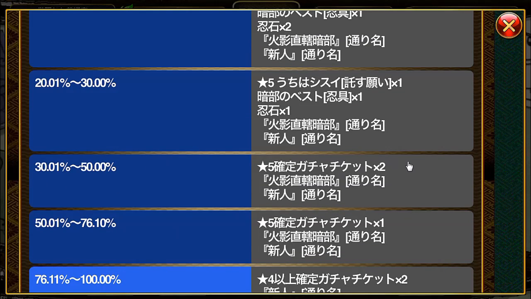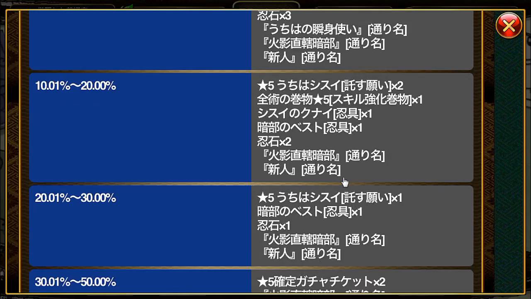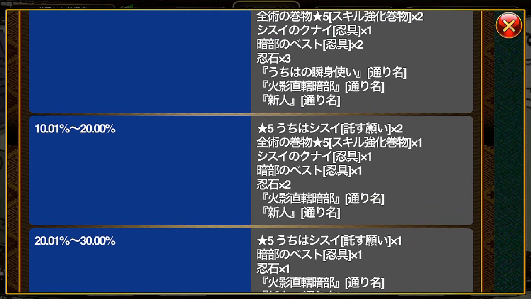30.01% to 50%, you get 2 guaranteed gacha ticket, 5 stars, and 2 titles. 20.01% to 30%, you get 1 Shisui, 1 ambush vest, and 1 ninja stone, and 2 titles. At 10.01% to 20%, you get 2 Shisuis, 1 5 stars guaranteed gacha ticket. Oh man, 2 Shisuis, 1 5 stars all type skill scrolls, 1 Shisui's kunai, 1 ambush vest, and 2 ninja